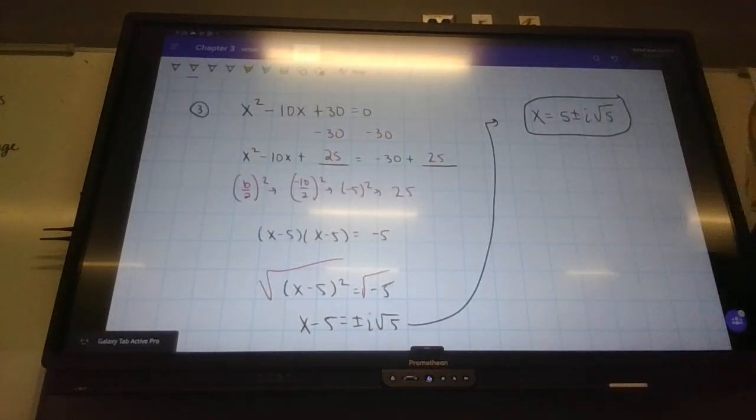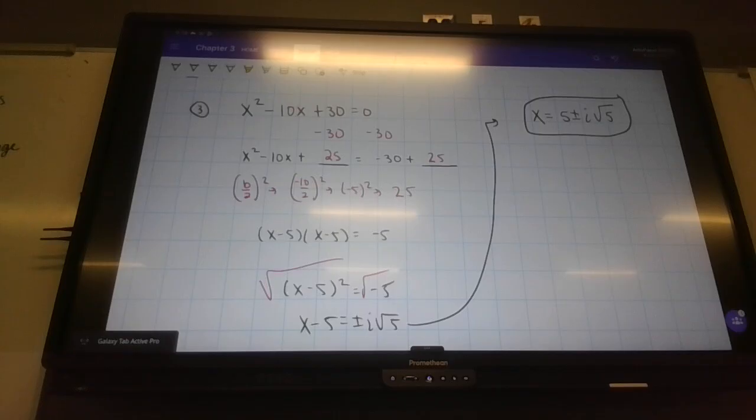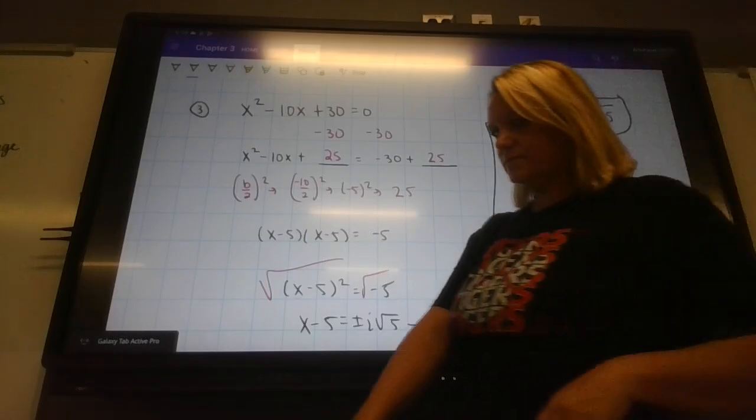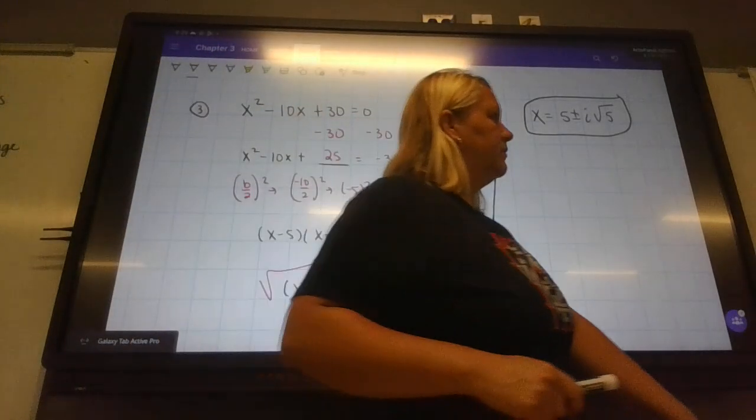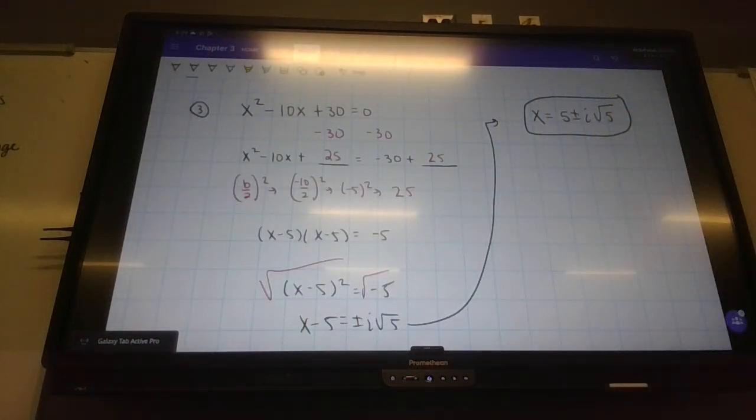I'm just gonna real quick show you how b over 2 works. There's a visual for it in your book. Maybe if you look at one of these examples, it'll help. So if you're thinking about x squared plus 18x, the reason this is called completing the square is